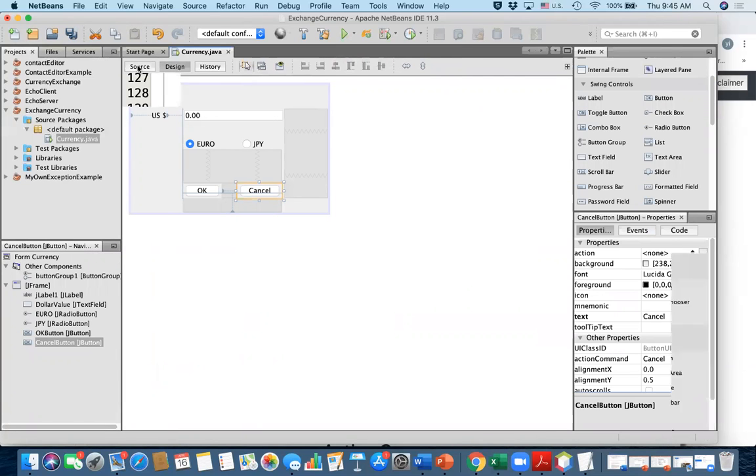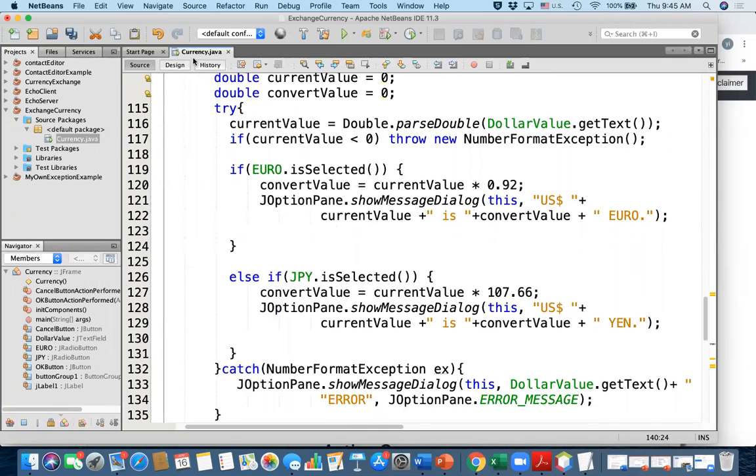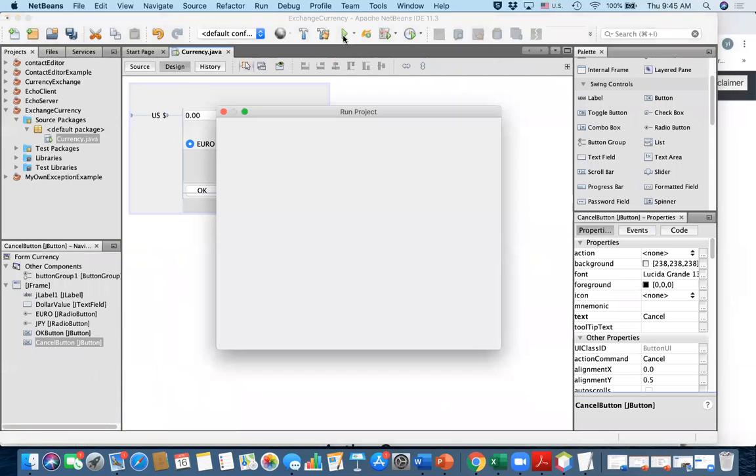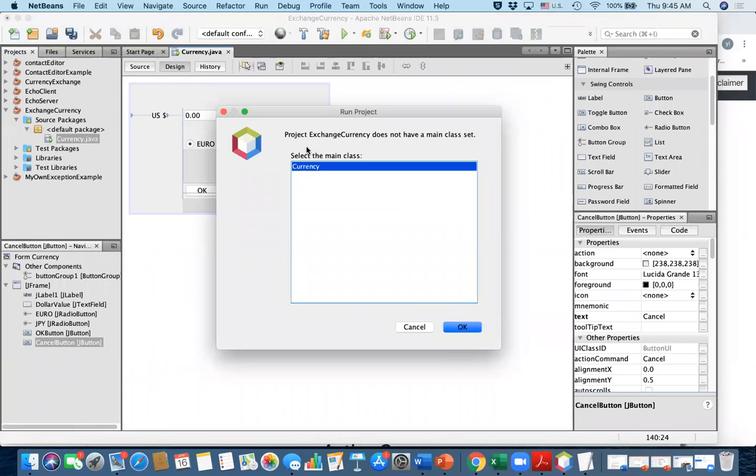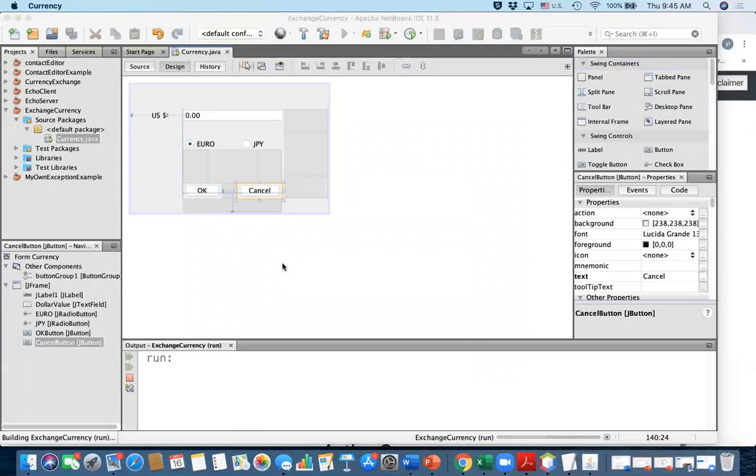Okay, so this is the whole picture, and then let us see. When you click the run button, it will select the main class. So when you first run, it will ask you to select which main class you will run. This is because you may create a lot of windows. This time I just have one window, right? If you have multiple windows, then it will ask which one you want to start your code from. Okay, so when I run it,